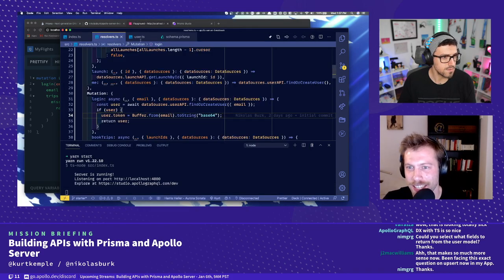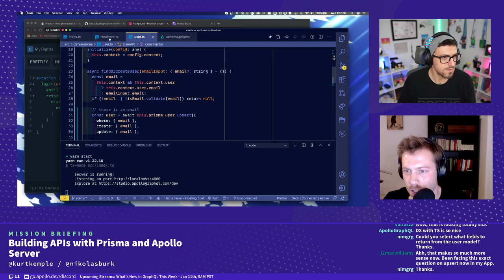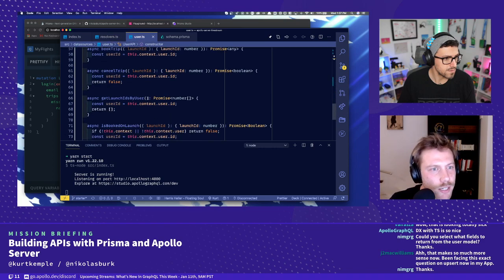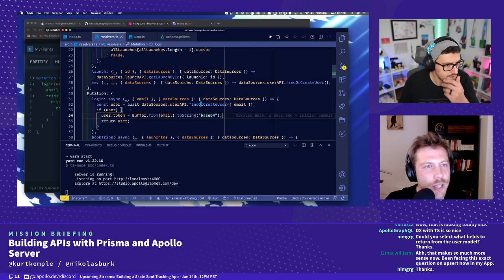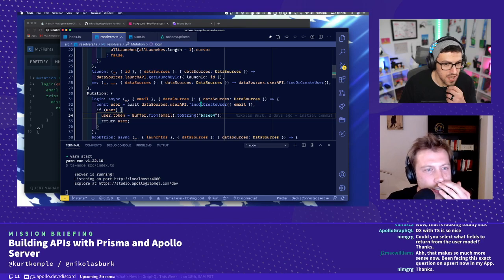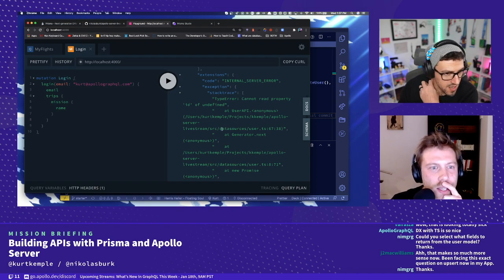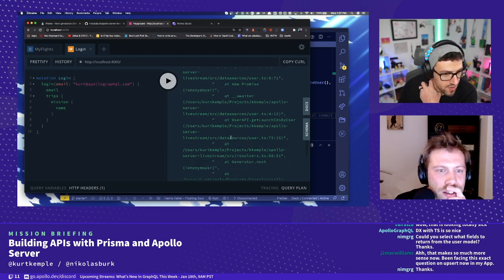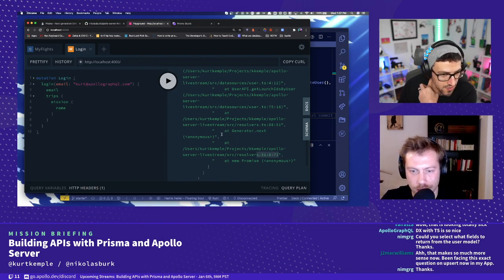Let's see. Line 67. Well, in the resolvers. No, that doesn't make any sense. That's not even being called, right? I think that's just an incorrect path. Can you open the type error again? Cannot read property id of undefined. So maybe it did not return a user. Resolvers line 8 is the